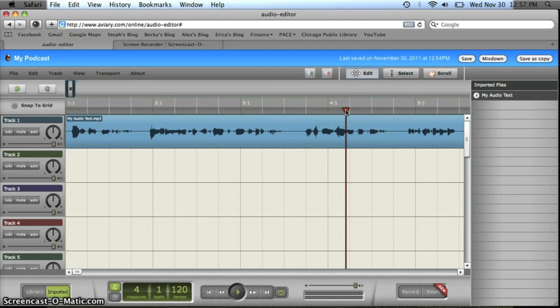Anytime I want to play from the beginning, I can drag my red bar all the way back to the left by clicking on the triangle. And then when I start to play it again, you'll see it'll start right away. This is a podcast. Now, if there are any awkward pauses or something you do not want in your podcast,